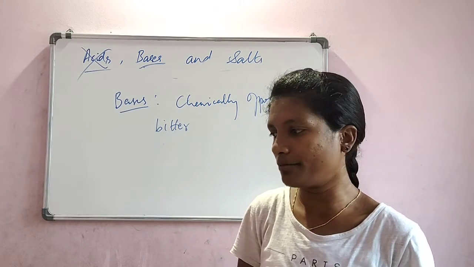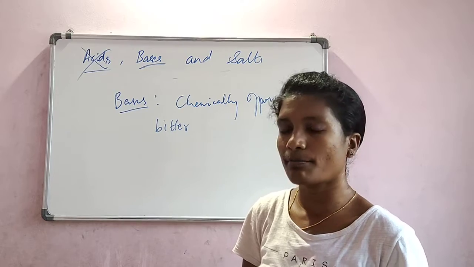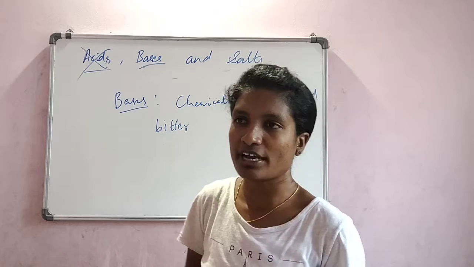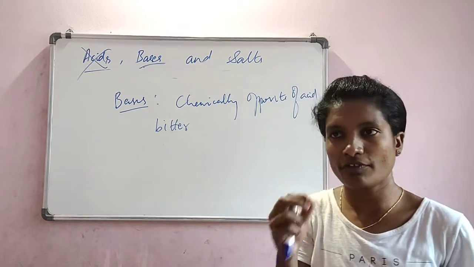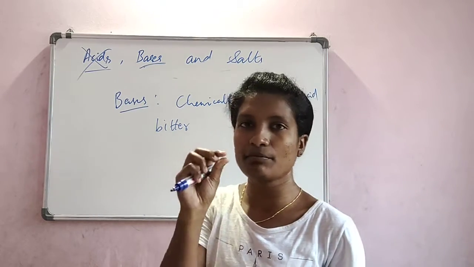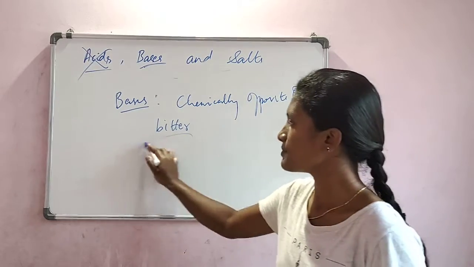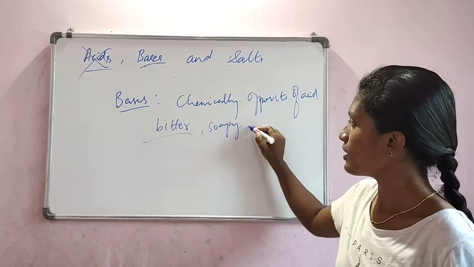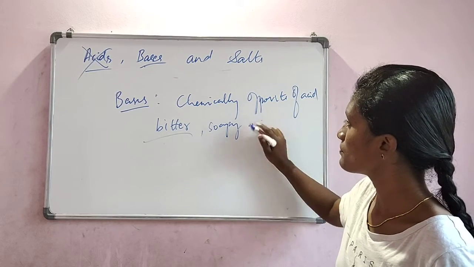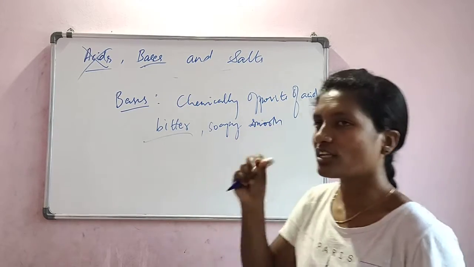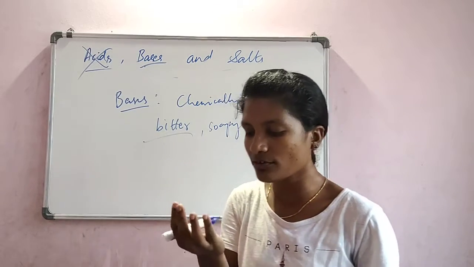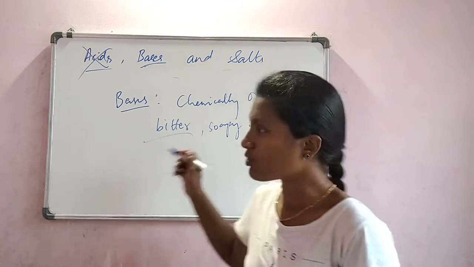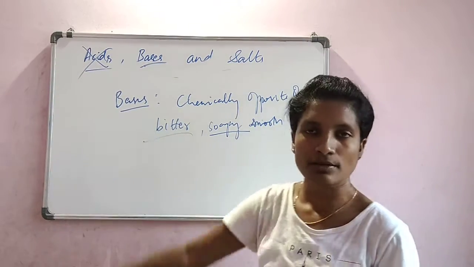Bitter gourd, or a mango which is unripened. If you eat that, the taste you get is bitter. Or when you eat the neem stick or the neem leaves, the taste you get is bitter. Bases are bitter in taste and they are soapy to touch, soapy or smooth. When you touch a soap, how do you feel? You cannot hold that, right? It moves away from your hand. So that is the texture of the base.